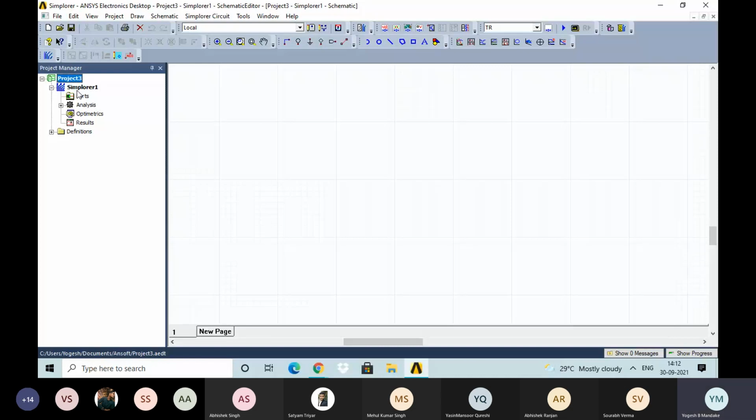So a drive circuit has different components, but in this case, related to the RMxprt tool, we'll stick to the design of the motor. But how will we observe the performance if we do not provide the supply to the controller or control circuit or converter circuit? So that controller or converter design is actually done in the Simplorer part. When we see the actual demo, at that time we will get the idea. But in today's session, we are just going to introduce ourselves to this GUI.